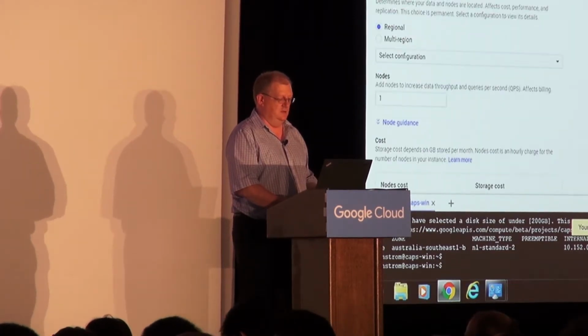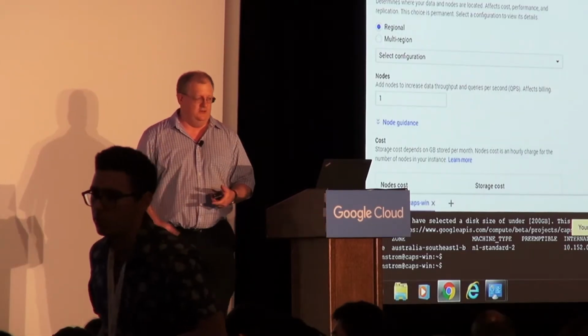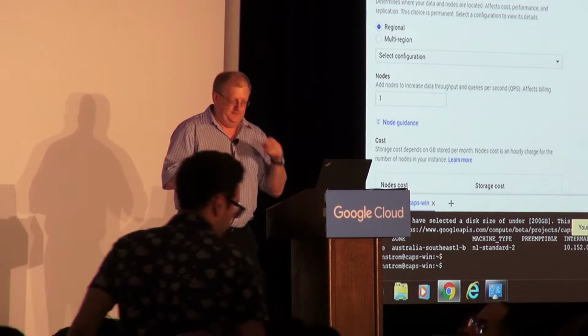The other relational system is called Spanner. So if I go here to Spanner and I say I want to create an instance, it's kind of the same thing. I'm going to fill in a form, and then I'm going to create the Spanner database. Now,